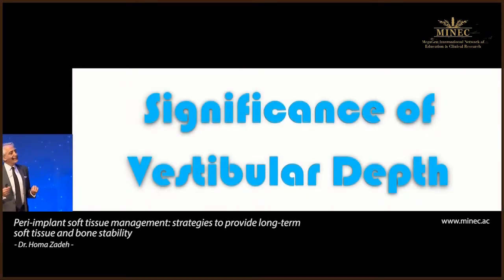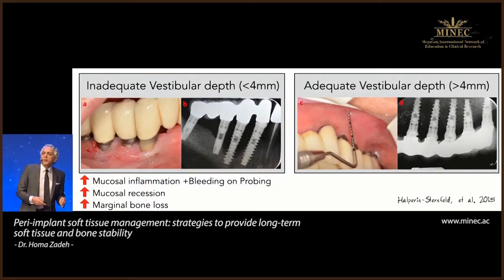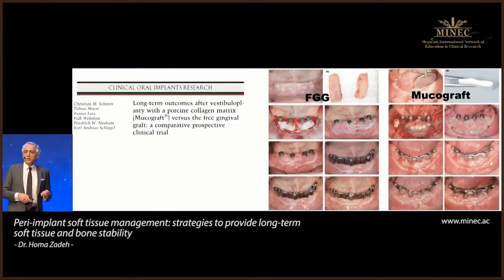So by the same token, the areas that have thin mucosa also have typically shallow vestibule. In this study, when they compared the cases that had shallow vestibule to those that had deeper vestibule, the areas with deep vestibule had more stable bone, and in the same patient, the areas that had shallow vestibule also exhibited more bone loss. So, in many cases, we may have to do vestibuloplasty, deepen the vestibule, and there are different techniques that have been described for vestibular